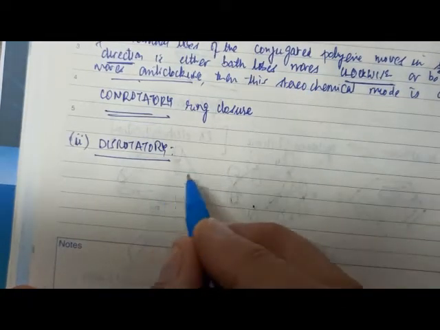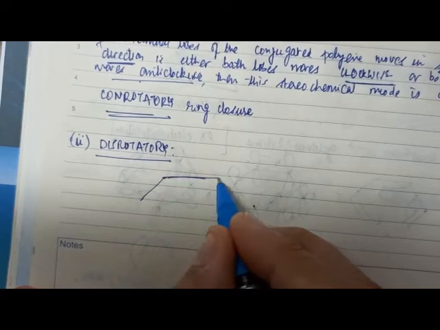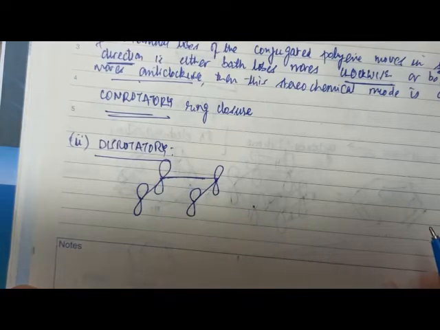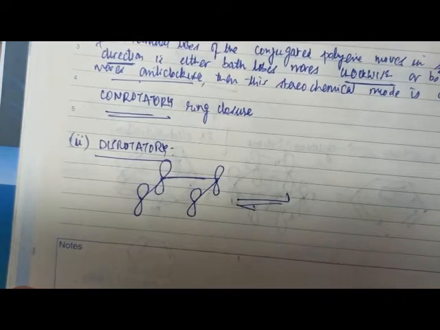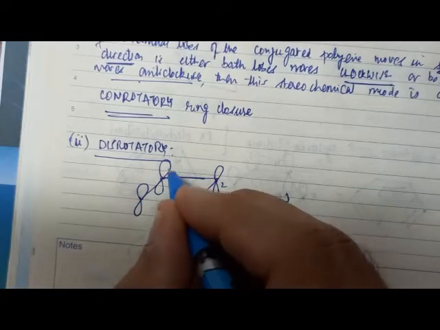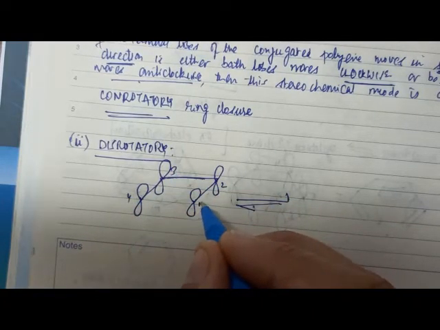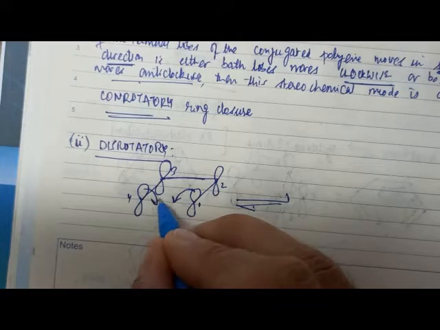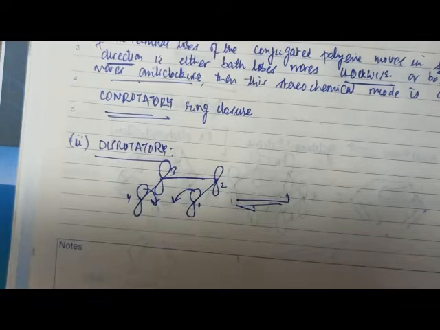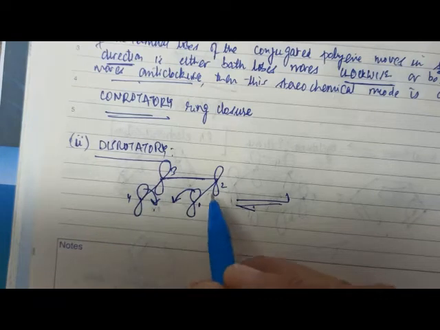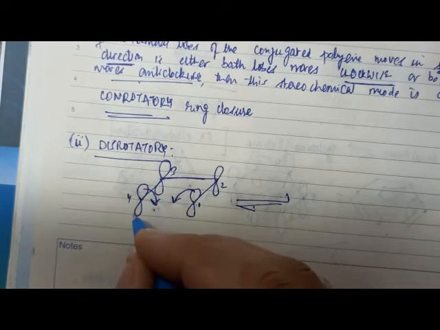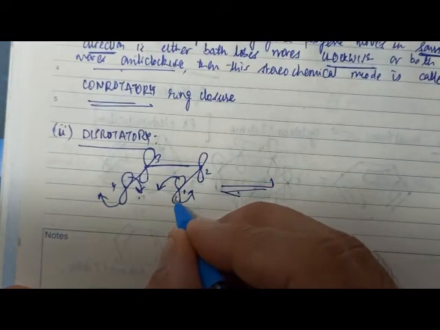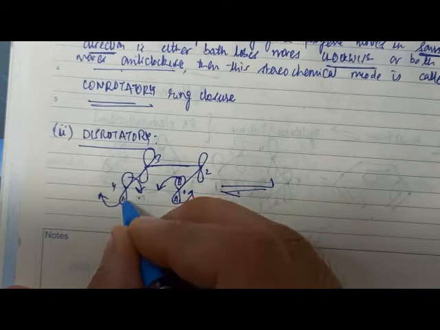First of all, let's draw the disrotatory mode. Again, taking the example of butadiene, let's say I have this butadiene molecule. These are the 4 p lobes of the butadiene molecule. If it undergoes electrocyclization in such a way that, let me call this 1, 2, 3, 4 again, if the first lobe moves in an anti-clockwise direction, the second lobe moves in a clockwise direction. That means both the lobes are moving in opposite directions. If the fourth is moving in the clockwise direction, the first is moving in an anti-clockwise direction. This should be it, like this. Then what will happen? Again, let's put this as A, this as B.